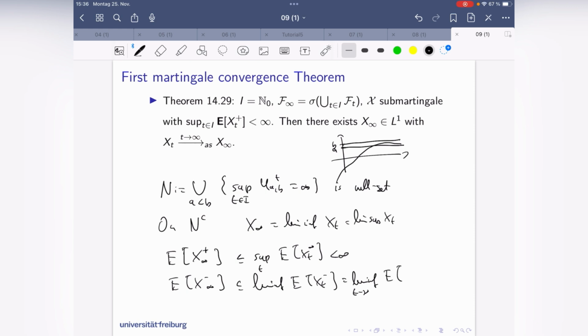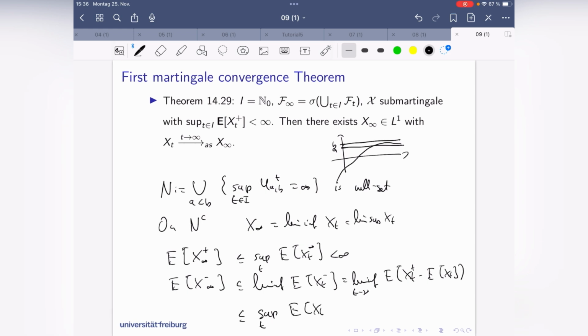I can compute this by using xt plus minus expectation of xt. Okay, the expectation of xt equals the expectation of, well, x0, not quite, but we have a submartingale, so I can bound it. So the expectation of xt is bigger than the expectation of x0, but I have a minus in front of this. So I have here at most supremum over all t